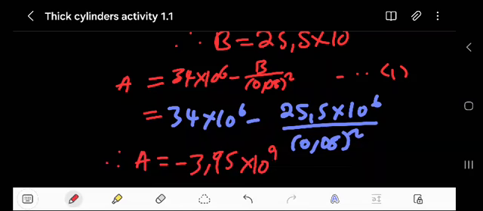Oh, this is so big. It's so very small, but because it is negative, right,